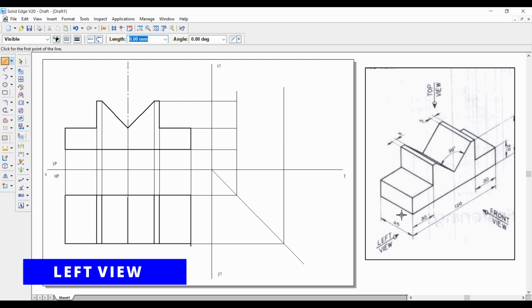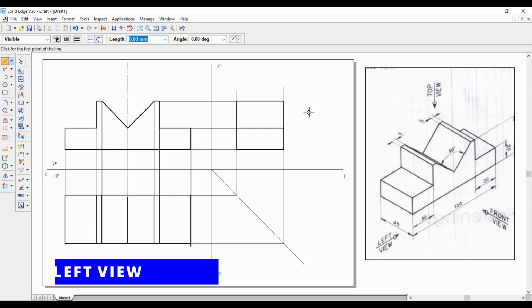Next, when we see the left view, what are the parts that are seen? We can see this rectangle here at the bottom and also the rectangle here at the top. These two we will draw using the projection lines that we have drawn from the front view as well as from the top view. So select the thickness here 0.5 mm, select this edge, then join this up to here, select this edge like this. Next, one more line at the center. Now this is our left view.